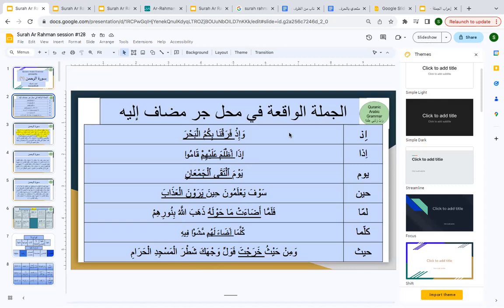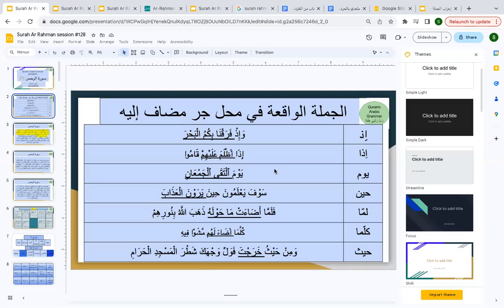So when you look at iza, and all these 7 words right in front of you on the slide, one thing I would want all the students to keep in mind, they may be serving other purposes as well. But whenever you are seeing iza as an ism or idh as an ism, and the rest are only an ism, there is a lamma that can be a harf at times. So other than when it is a harf, whenever you see all these 7, make sure that you look for